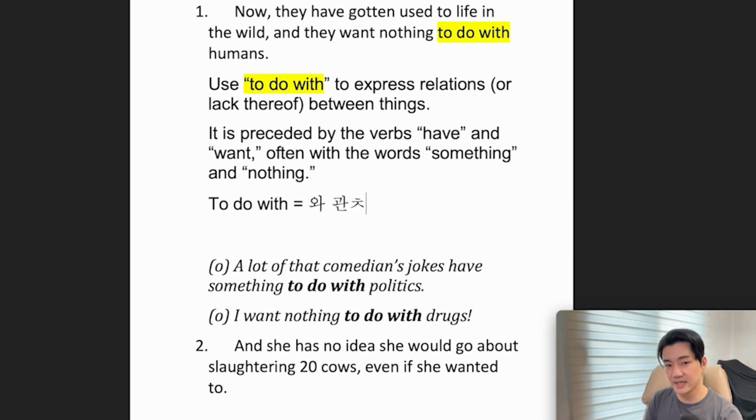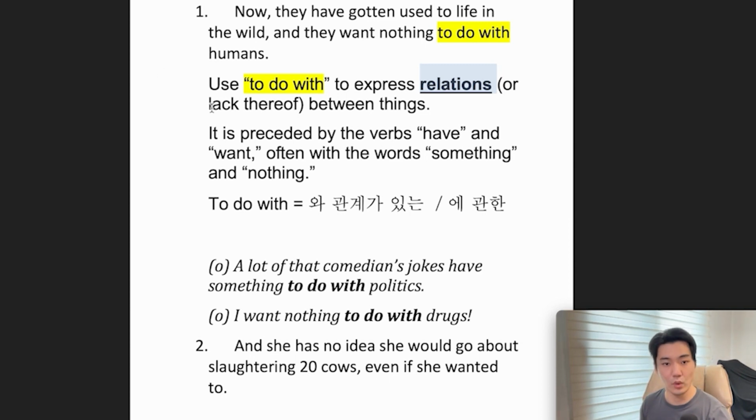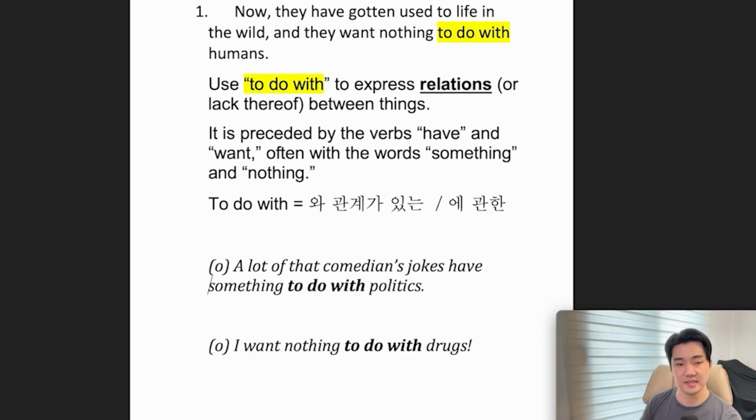와, 관계가 있는, or 관한. Alright, so we're talking about the relationship, the relations between things, or lack thereof, meaning there is no relation, or there's very little relation. So, if we look at this example,